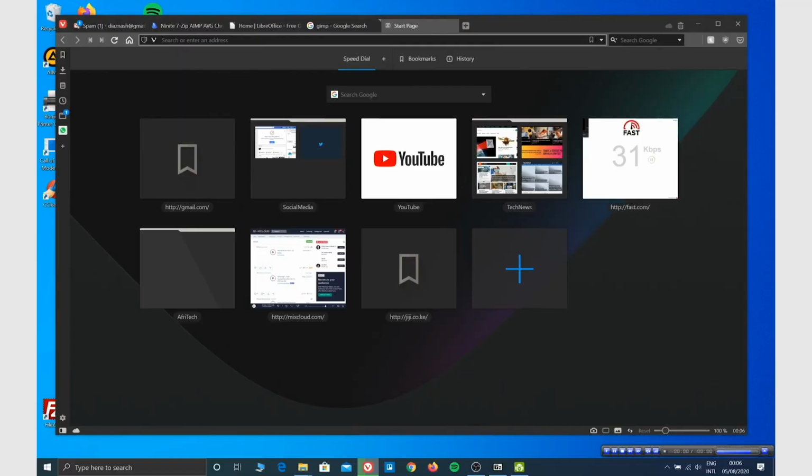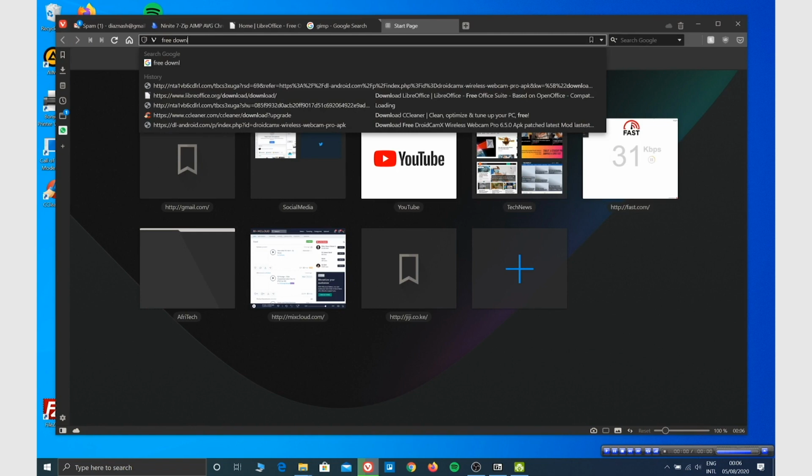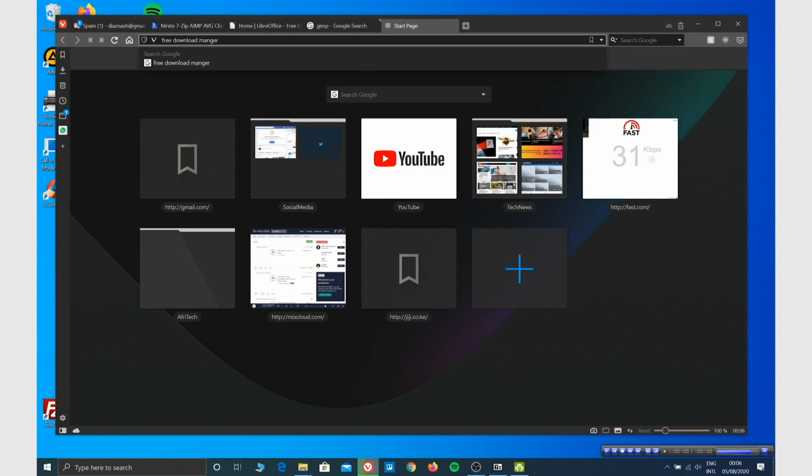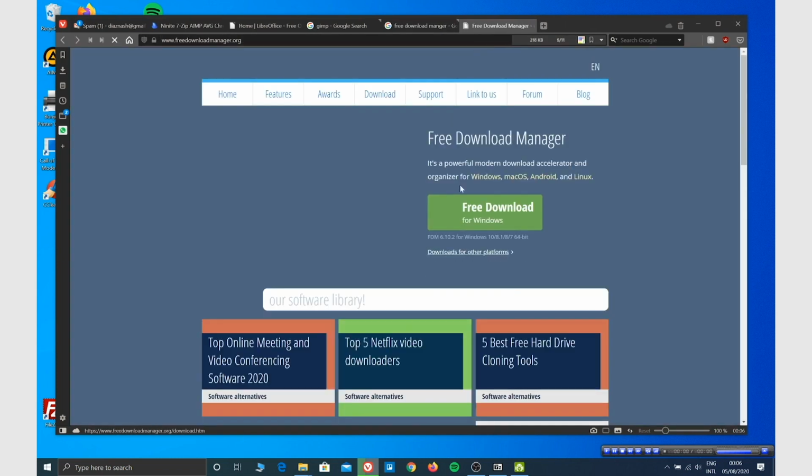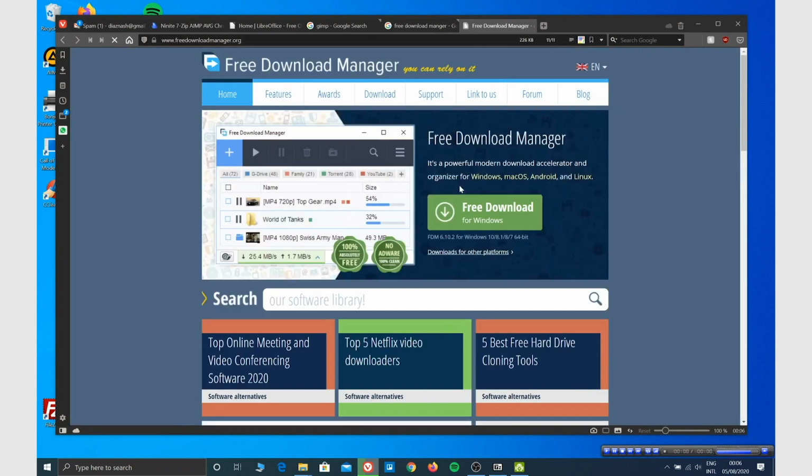Moving on, number 6 is Free Download Manager, and I also mentioned this in the previous video for Mac. What I like about it is it downloads any file. Free Download Manager, or FDM, downloads pretty much anything you throw at it. And the good thing about it is it also supports torrents, so you don't have to have a